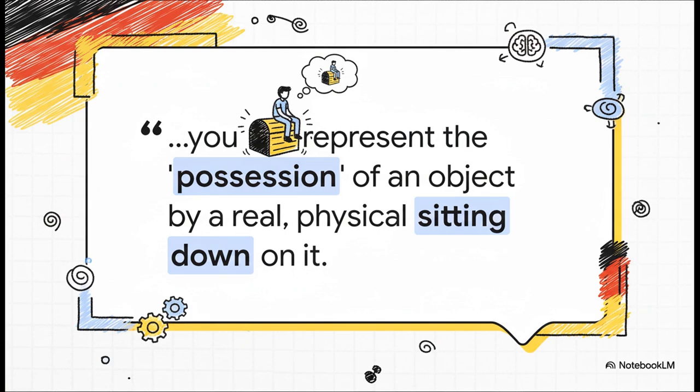So, for example, how would a dream show the idea of possessing something? Well, the dream work might do it literally through a kind of visual pun. In German, the verb besitzen means to possess, but it also contains the word for sitting. So a dream might just show someone literally sitting on an object to represent the idea that they want to possess it. It turns an abstract idea into a concrete picture.